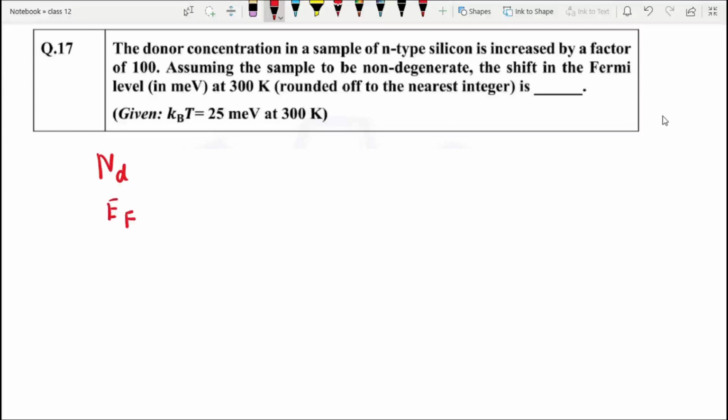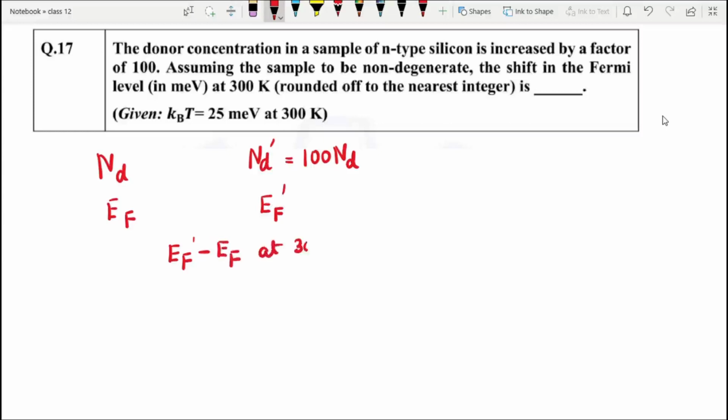Now what they have done is increased the concentration. Let it be Nd prime, that is 100 times Nd, and the Fermi energy level shifts to Ef prime. They have asked us to find Ef prime minus Ef